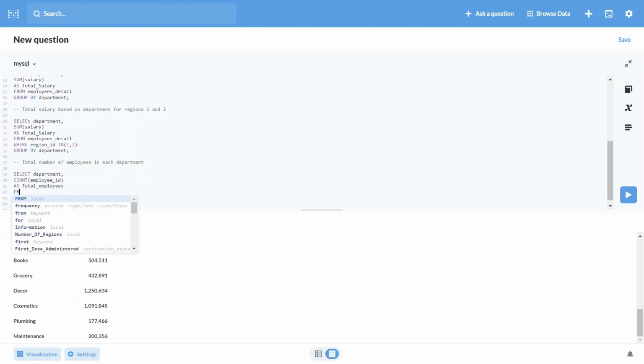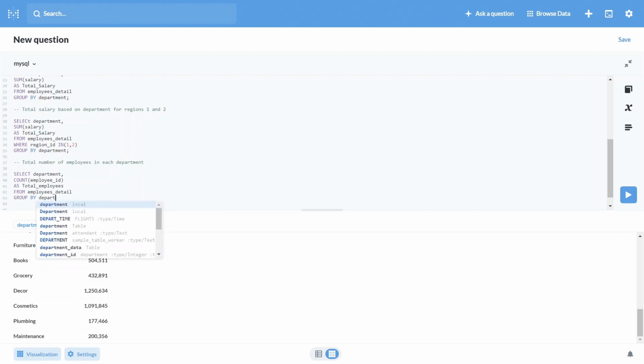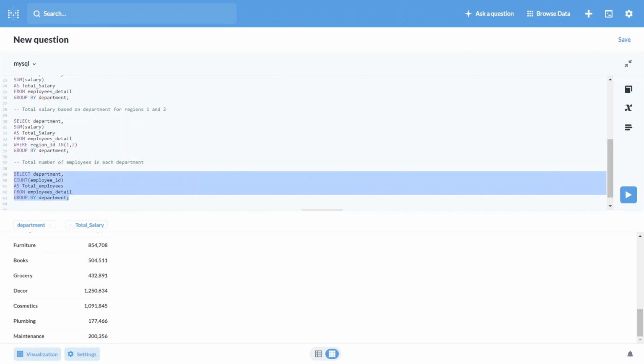From which table do I want this? From the employees detail table, and group by on the same column, that is department, because I want these details department wise. So select department, comma, count employee ID as total employees from employees detail and group by department. Let's execute this. Great. So we got 27 rows returned because there are 27 different departments, and for each department